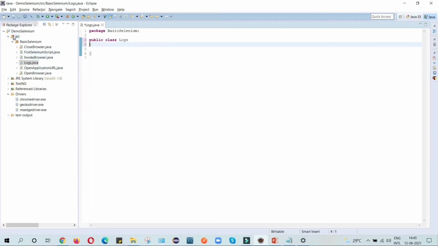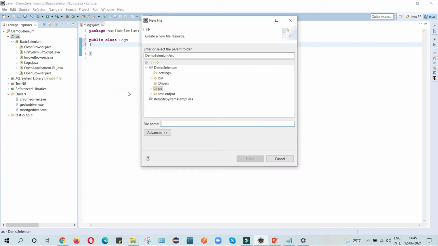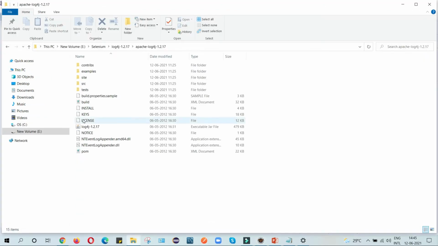So what will we do? Inside the source folder, right click and go to file, and here you will write log4j properties. Spelling should be correct, friends. Finish.